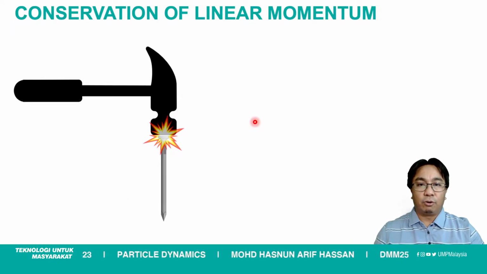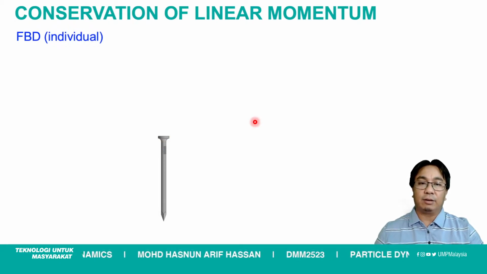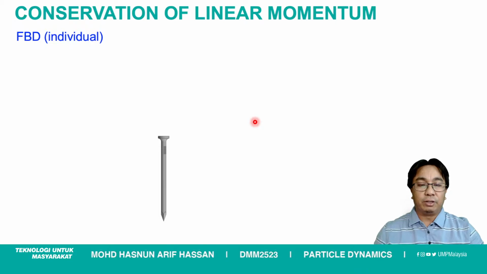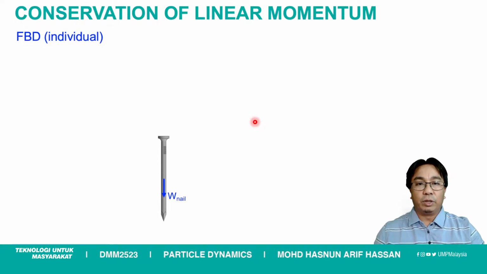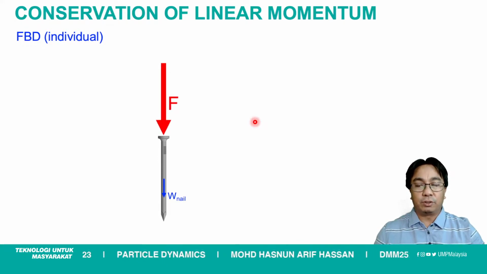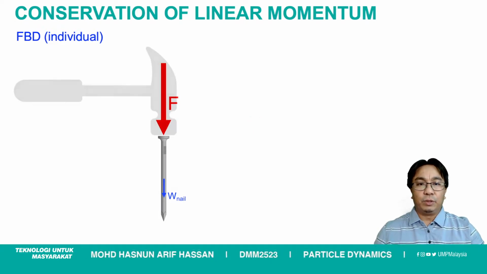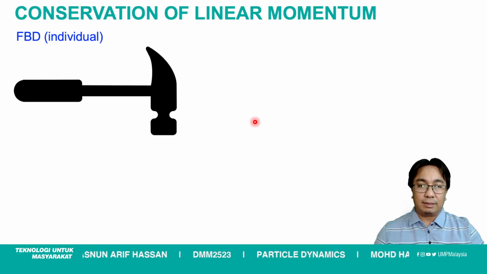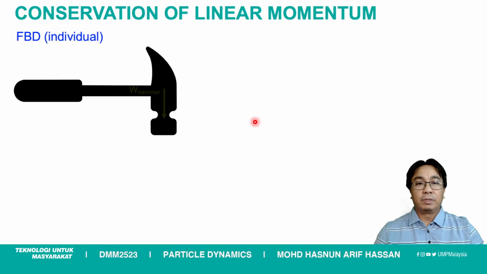So let's draw the individual free body diagram. If we take out the nail and draw the free body diagram, first we're going to have the weight of the nail pointing downwards, and we're going to have a very big force exerted by the hammer on the nail. If we take the hammer now and draw its free body diagram, then we're going to have